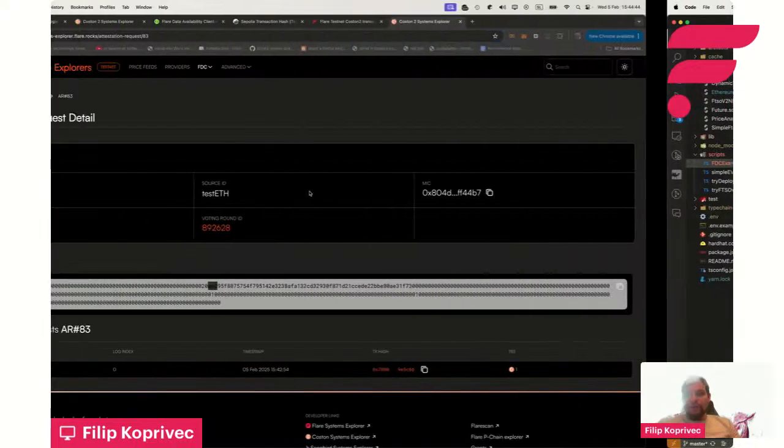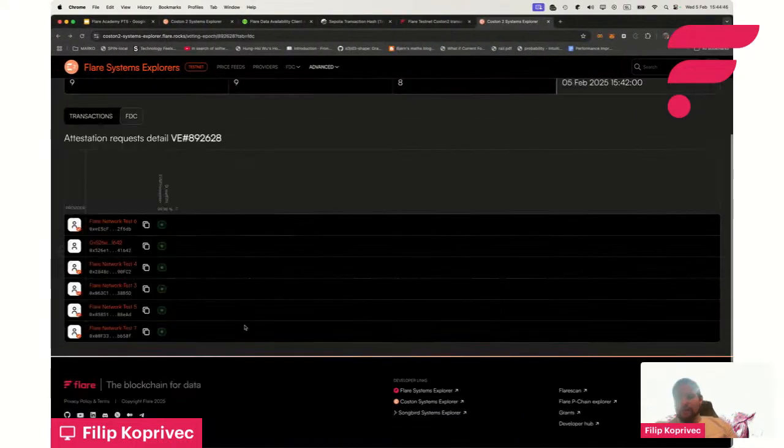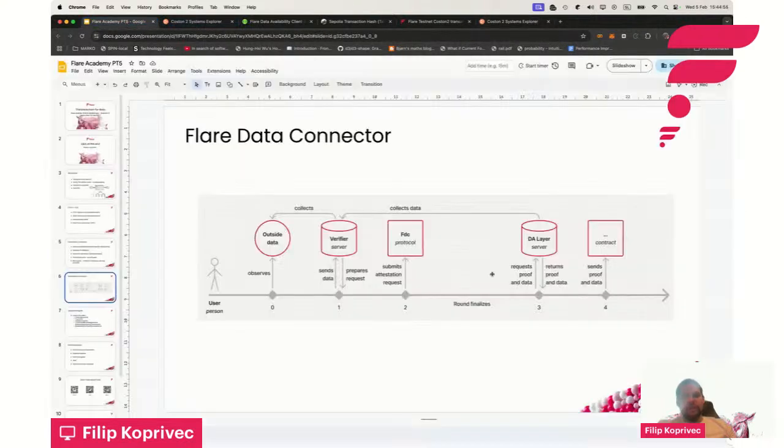And it has now been A, requested through the FDC, and B, all of them have voted that they're going to approve it. And now the only thing that we need to do, since this is confirmed, we have to go to the DA layer and get proof of it back. And the DA layer is pretty much a service that lives on Flare servers. You can use it. It's rate limited if you want to do something heavy duty with it. But for a nice thing that we're going to do today is